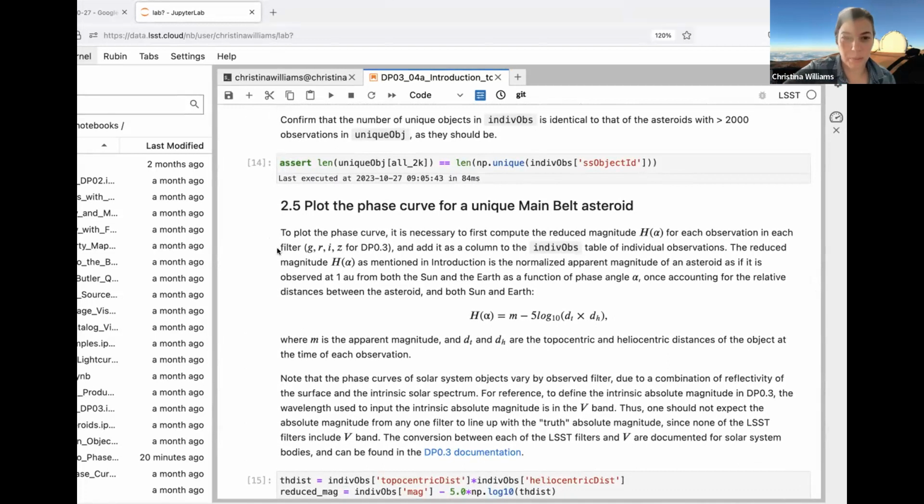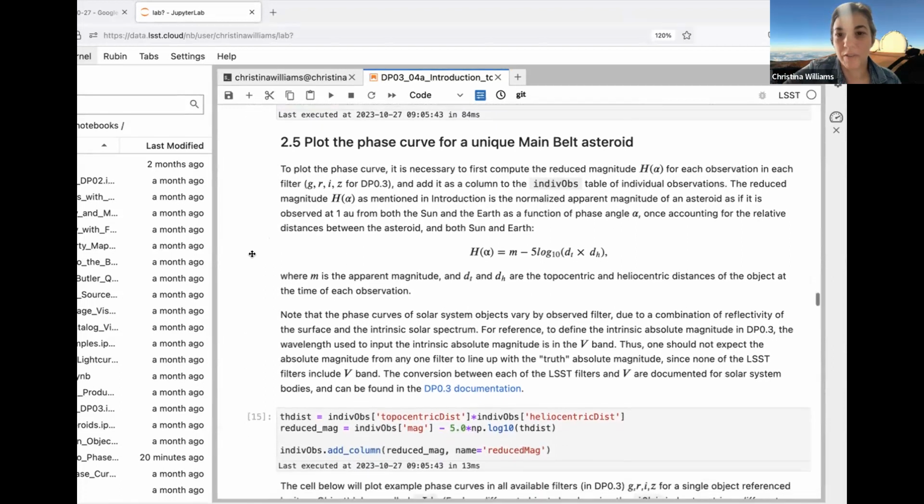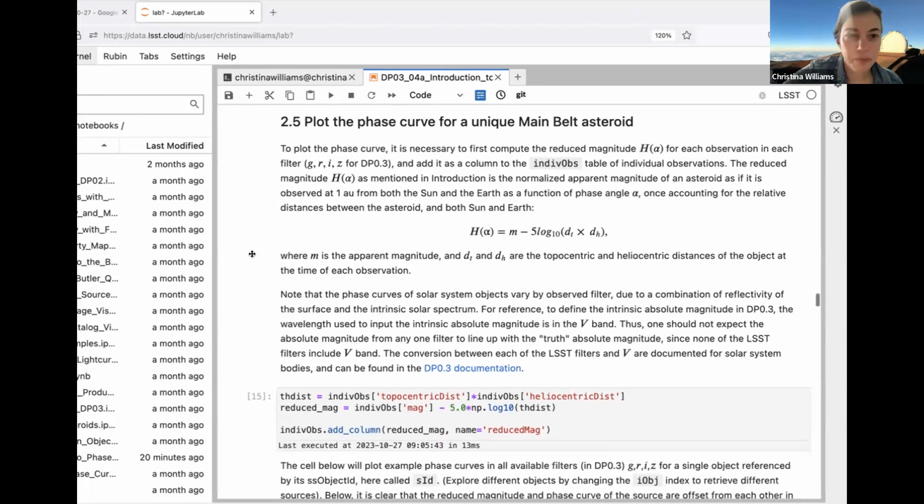First, we're going to start by plotting the phase curve of one of the main belt asteroid objects. In order to do that, we first have to convert the apparent magnitude into what they call the reduced magnitude. This is H as a function of phase angle, and H is the reduced magnitude.